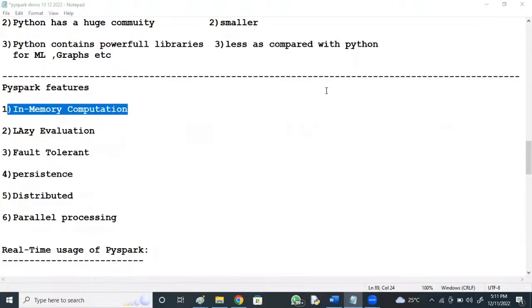So the entire data flow gets executed only when you trigger an action. Until then it won't execute. Just like a normal function, it executes only when you call it. If you're not making a call, it won't run; when you make a call, at that point only it executes, and any number of times it can execute. Here also we compulsorily need to trigger an action to execute a Spark data flow.